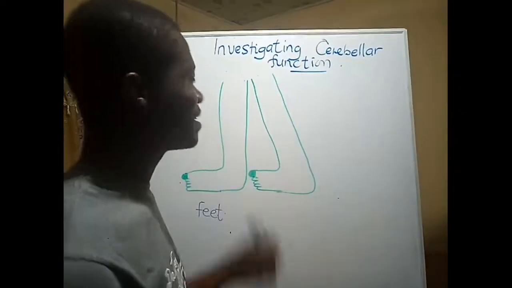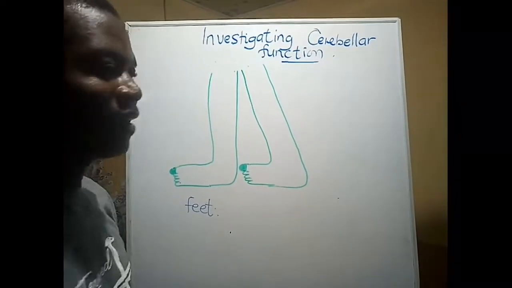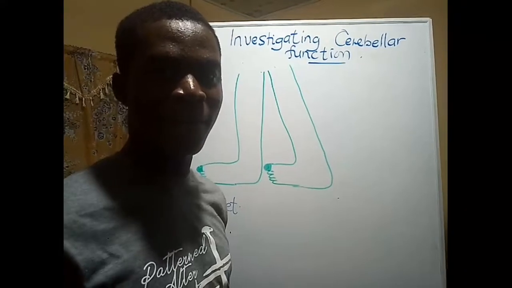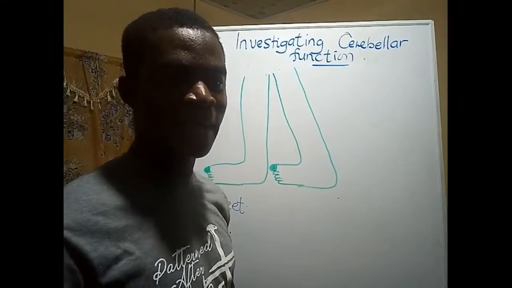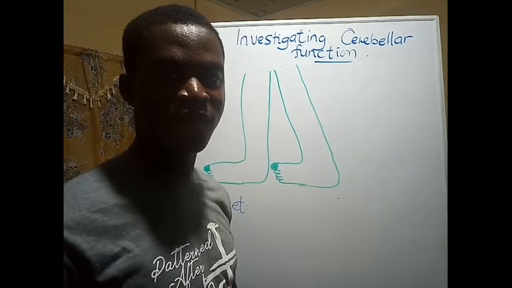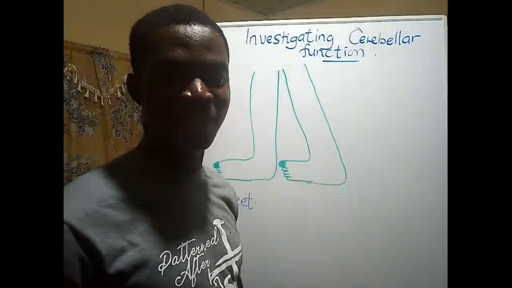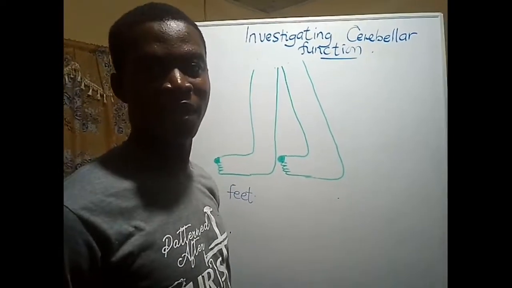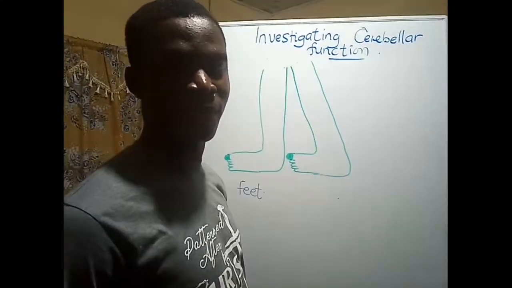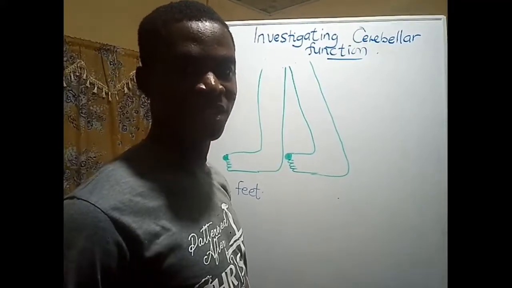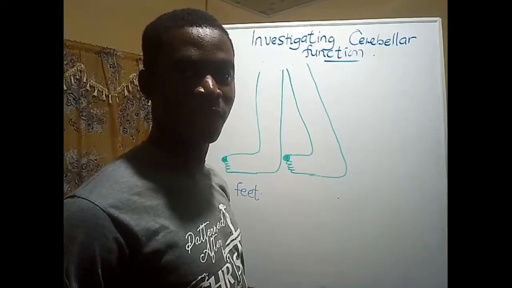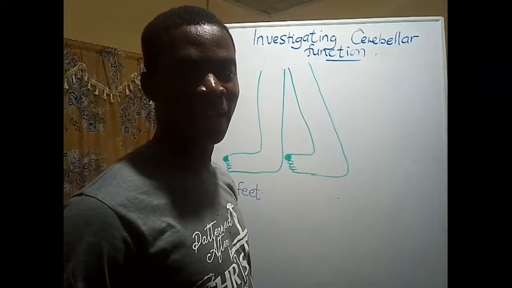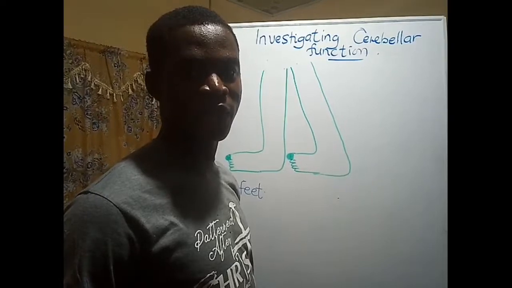Now, the cerebellum is basically an organ that helps us in regulating our muscle tone, helps us in balance and posture, as well as coordination of our muscle activity. So primarily we have the archicerebellum, the neocerebellum, and the paleocerebellum, which are responsible for these functions. With paleocerebellum responsible for our tone, neocerebellum responsible for the coordination, and then the archicerebellum responsible for balance